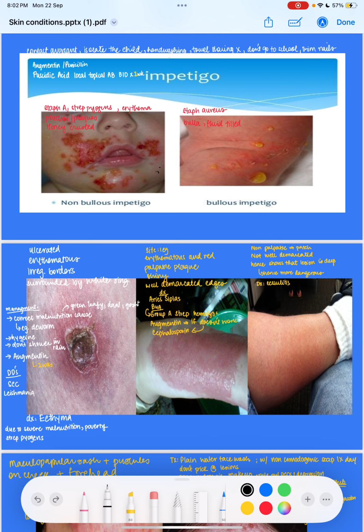So this is just so we can see, if we just look at it, this is well demarcated because we see all of the borders, and this is an erythematous lesion. and it's clearly more than 1 centimeter, so it's a plaque, and it's palpable, right? And it's more than 1 centimeter, and it's erythematous, it's red, it's shiny, and the site is the leg, and so the